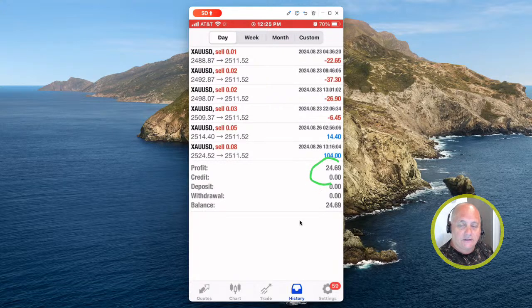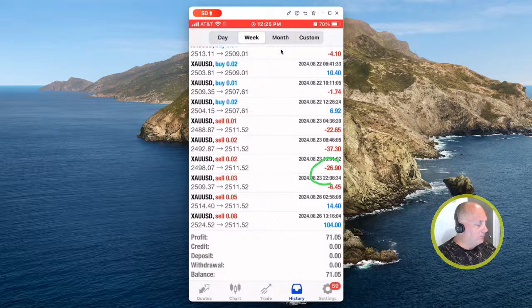The point is that's scalable. You could scale that up, though you'd probably have to have a pretty decent size account. These aren't crazy numbers, but it's going to do mathematically what my main algorithm does, just with a different entry strategy because gold is different. That was for the day, the week, just 5 days of trading. I'm asking it to make $10 a day. It's averaged more than that. So you can see